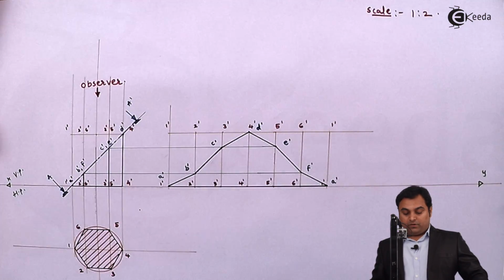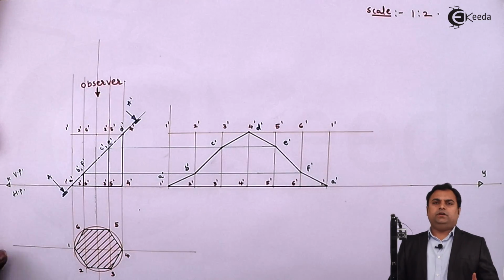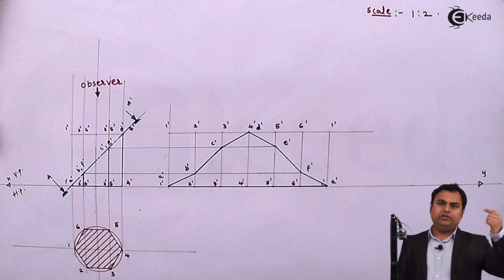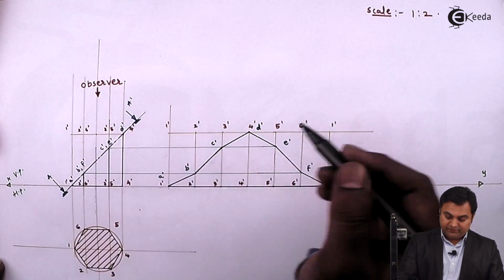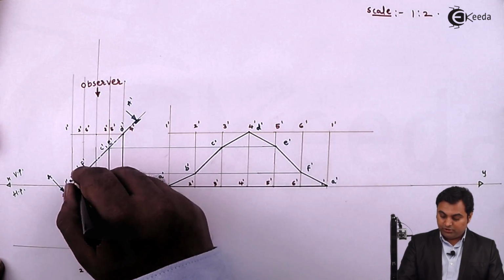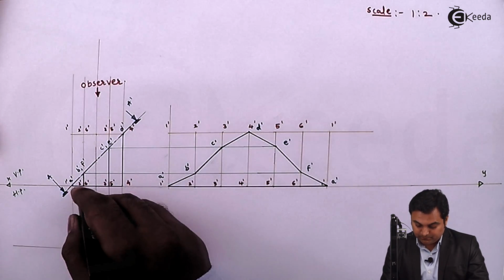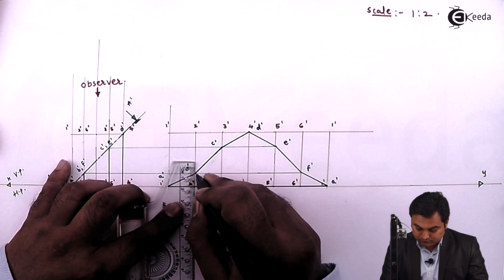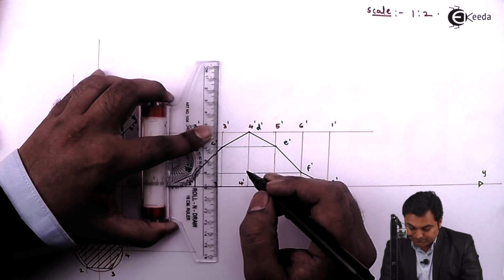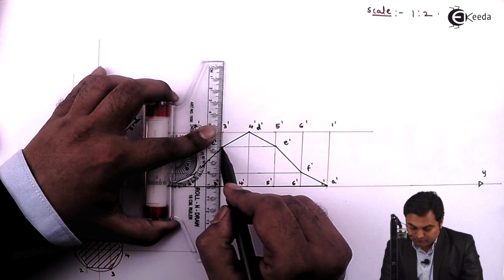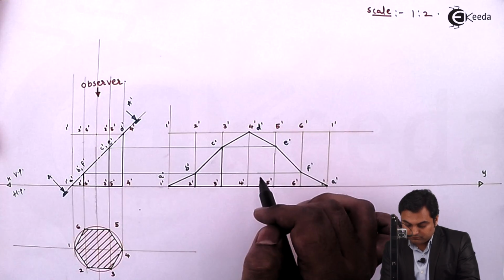Next, we cannot leave this development as it is because the hexagonal prism has solid edges, like 1 dash, 2 dash up till the cut portion. So we need to connect 2 dash with B dash, 3 dash with C dash, 4 dash with 4 dash,